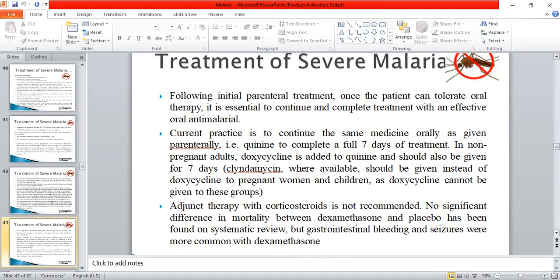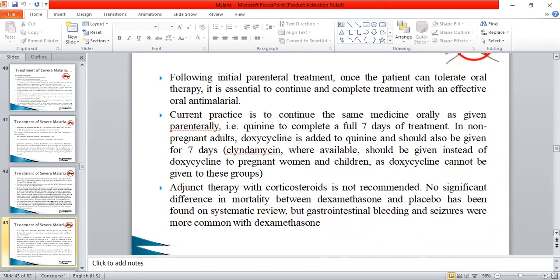Adjuvant therapy with corticosteroid is not recommended. No significant difference in mortality between dexamethasone and placebo has been found in systematic reviews. But GIT bleeding is